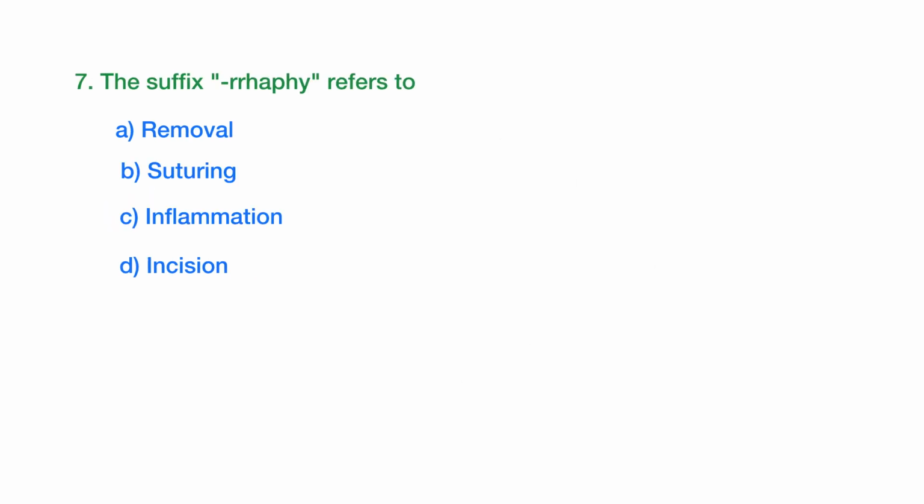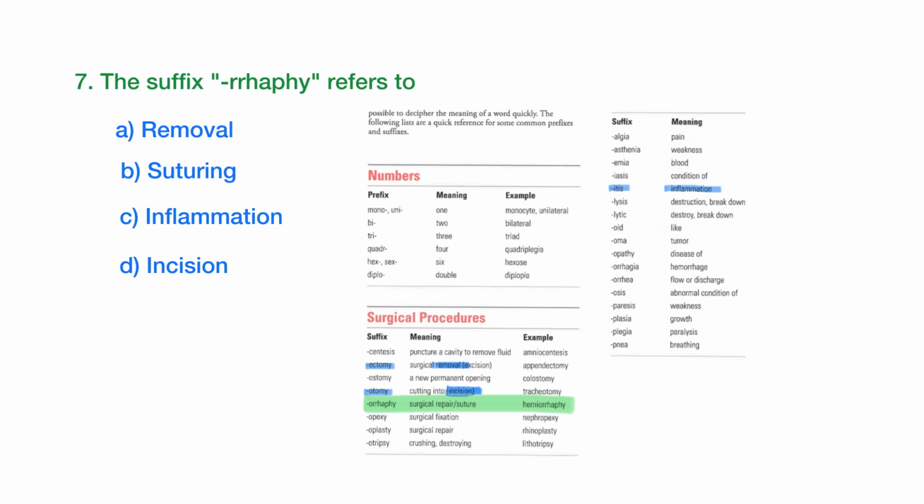Coming to the next question, the suffix rrhaphy refers to? Options: A. Removal is represented by ectomy. B. Suturing is the correct answer. Rrhaphy means surgical repair or suturing. C. Inflammation is denoted by itis. D. Incision is represented by tomy. In the surgical procedures of the CPT book, we can see the procedure terminology showing rrhaphy means surgical